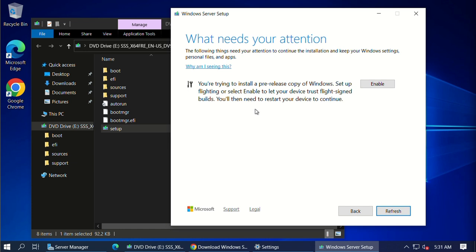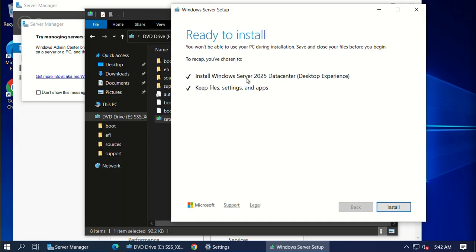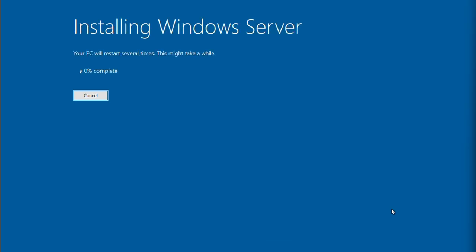You then need to restart your device to continue. You can click enable. Okay guys, ready to install. And so working, not a problem. And click install. Now the installation process will be started, and I will wait for the update process until it finishes.